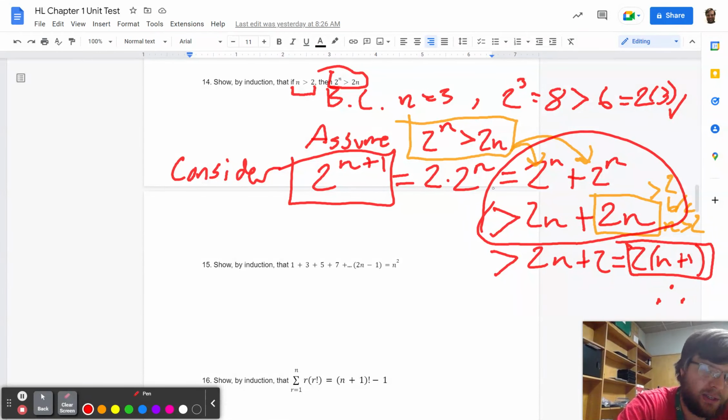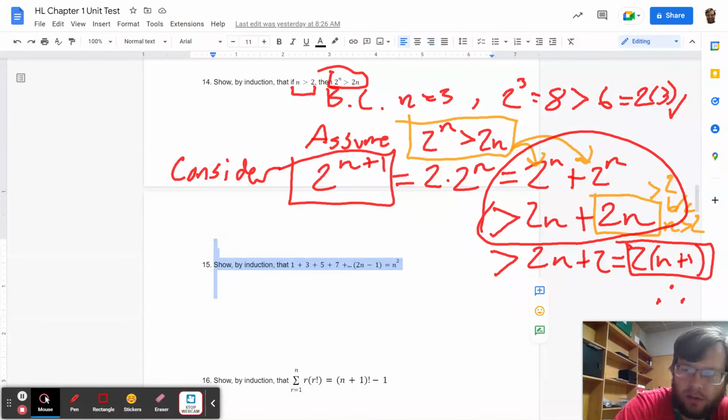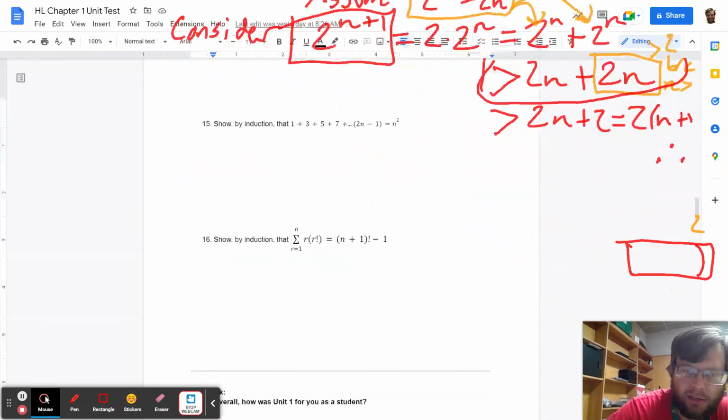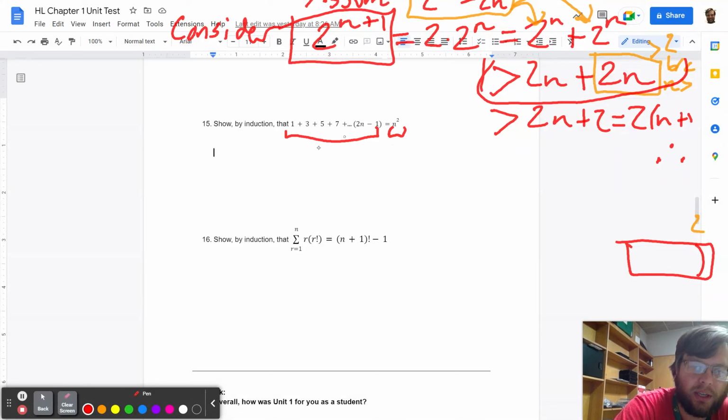All right, let's slide on down and let's do number 15. Okay, remember, how do we slide? That's how we slide. Okay, show by induction that this equals that. First is n equals 1. That means that we just have one odd number on the left side, one squared on the right side. Check. Then we assume